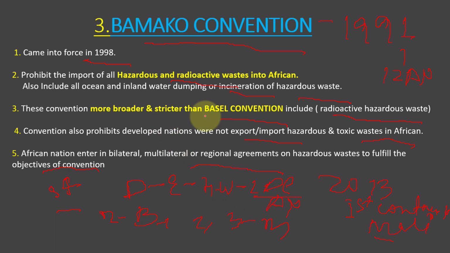So these were the important facts, friend, you need to remember. Just remember what the Basel Convention is. Here the Basel Convention prohibits imports of hazardous waste into African nations. This is important and nothing else, friend. And also the Bamako Convention is stricter, more strict than the Basel Convention. So you need to focus on a few facts here, not everything, but for the state public service examination you should remember all the facts, friend. That it came into force in 1998.